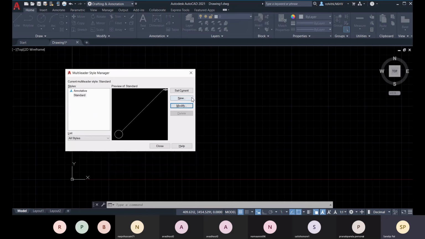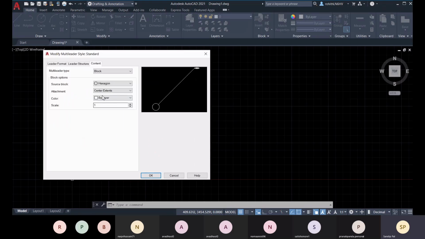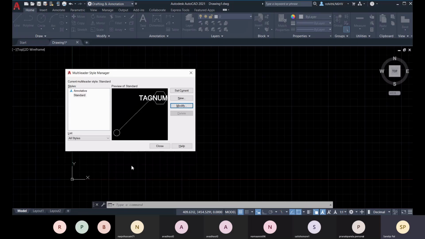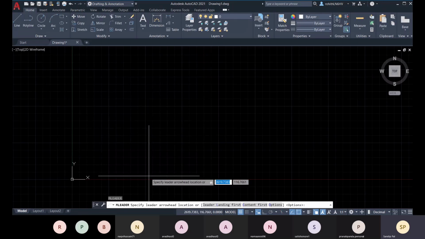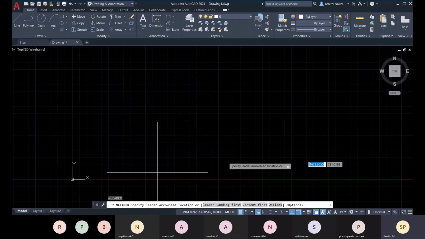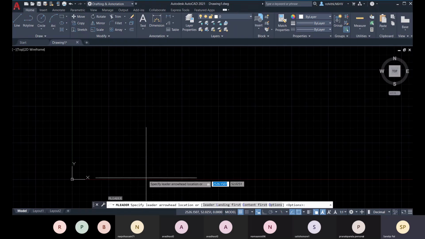Let's click on OK, and set current. Suppose you need to change the scale for this block, you can specify 10. Click on OK, and let's close it. MLD is the shortcut for multi-leader. Now let's create some grids.